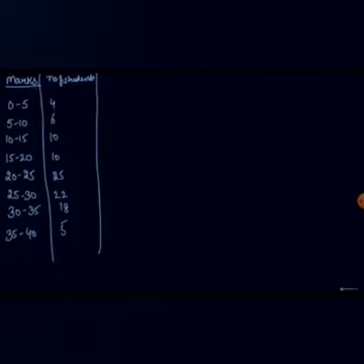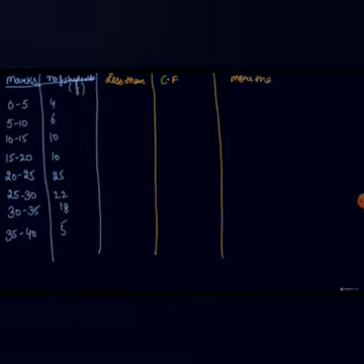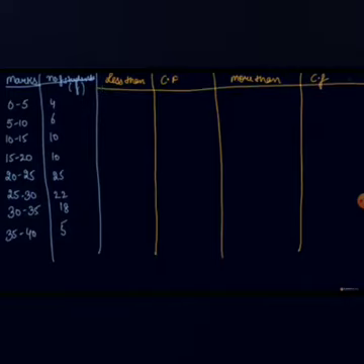So this is the question. We are given the marks and the number of students, so the number of students is the frequency. Now, number one, you have to make the two ogives, that is the less than and the more than ogive. First of all, you will convert this class into a less than class to make the less than ogive and the less than cumulative frequency. Then we will convert it into the more than class and find out the more than cumulative frequency, and then we will plot the cumulative frequencies on the graph to make the ogive.